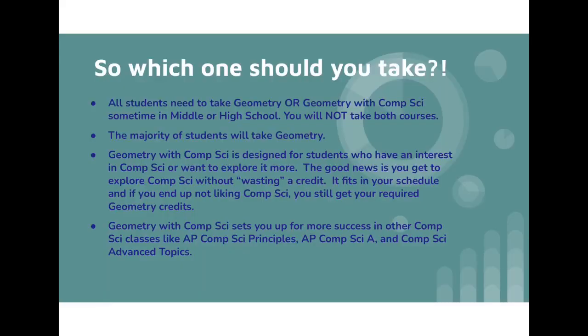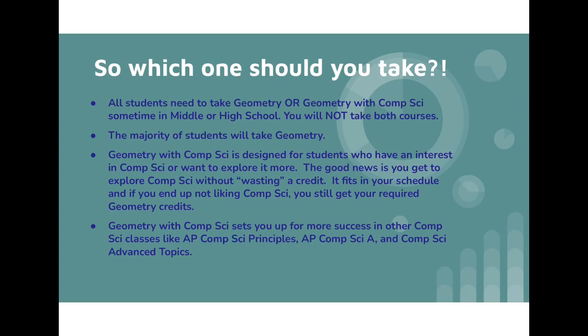So which course should you take? Well, all students need to take geometry or geometry with computer science sometime in middle or high school. So once again, if they're currently in Algebra 1 course or Algebra 8, then geometry or geometry with computer science is the next step. But just note that you will not take both of the courses, so you do have to pick one or the other. Majority of students will take geometry,